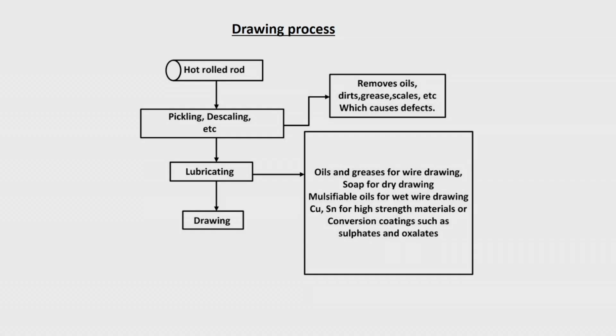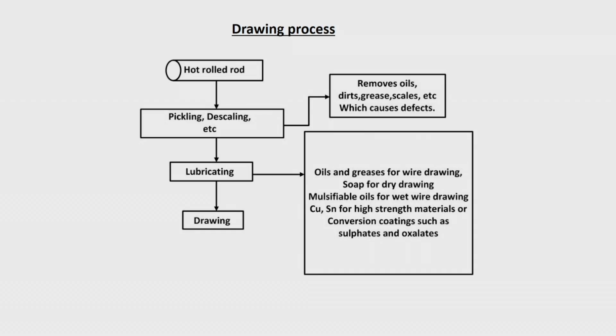So surface treatments are done, because in the hot rolled operation itself there may be some oil, dirt, grease, scales, etc., which may be there on the surface. To avoid all those things, you have to do the surface treatment, basically the pickling and descaling. If it is steel, you have to do this descaling, because otherwise it will get embedded during the deformation stage. Anyway, the surface has to be cleaned. There should not be any dirt, grease or scales. For that purpose only this surface treatment is done.